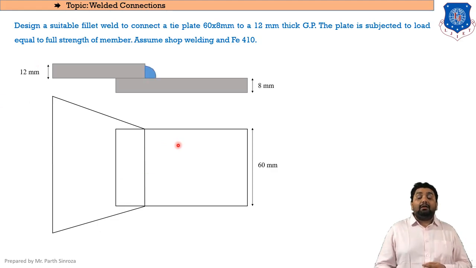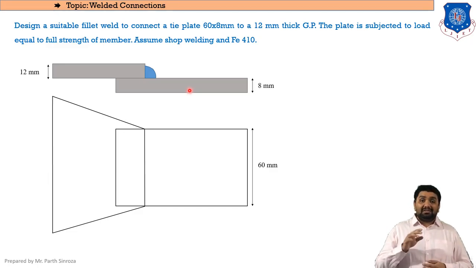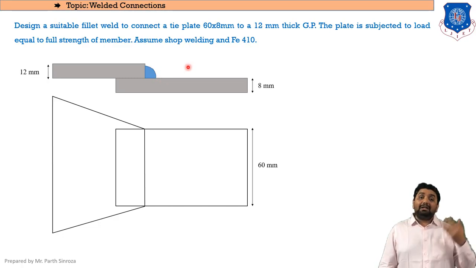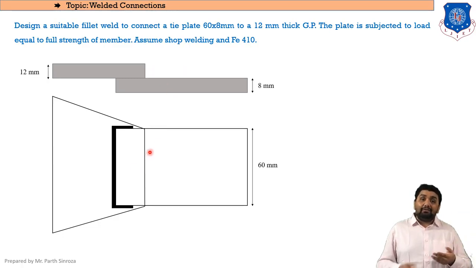First is that a fillet is provided in this zone, that is the blue portion you can see on the screen. Here the fillet can be provided, but this type of connection or this type of fillet will only be provided when we are joining two main plates. Keep in mind, if we are joining two main plates, then and only then will this type of weld be provided. Here we are joining our main plate with our gusset plate. So in that case we need to provide our weld simply in this way.